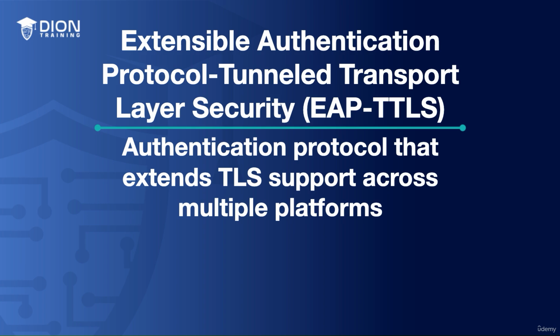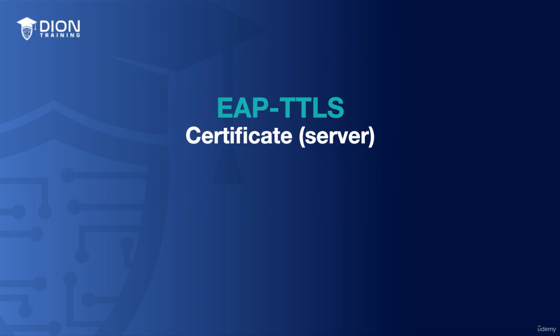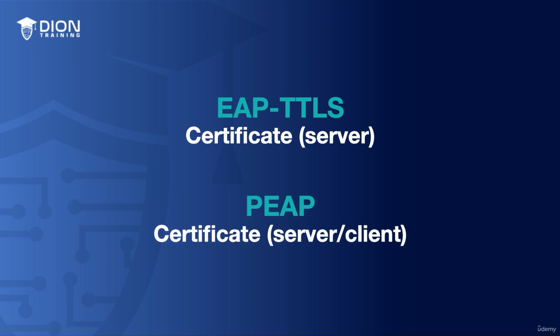EAP-TTLS, or Extensible Authentication Protocol Tunneled Transport Layer Security, is an authentication protocol that extends TLS support across multiple platforms. The main difference between PEAP and EAP-TTLS is that EAP-TTLS requires a certificate only on the server side, while PEAP requires dual-sided certificate authentication to occur on both the server and the client side of the connection. With EAP-TTLS, the protocol will encapsulate a second protocol for authentication that is carried inside the TLS